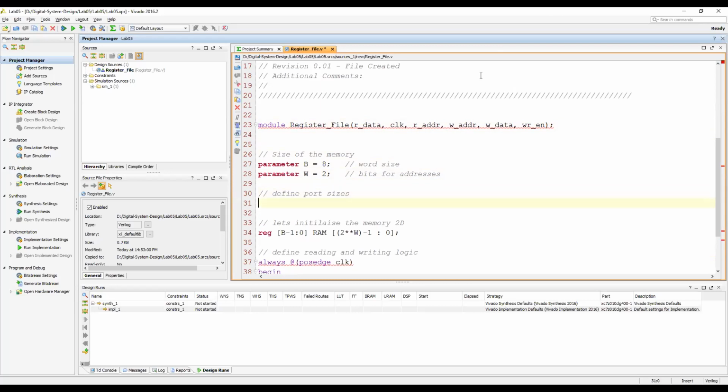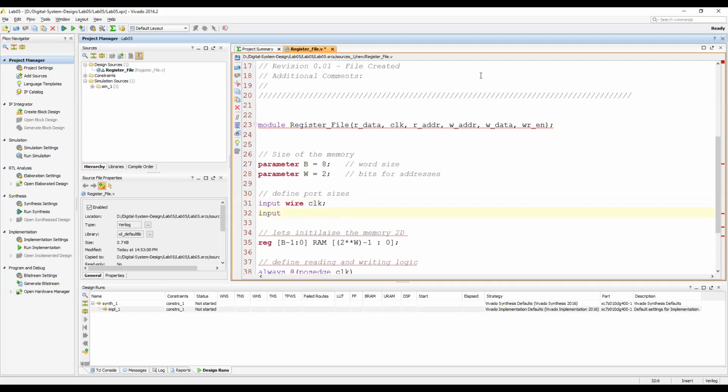So what are the ports? First of all, input wire clock, input, and input W. So the addresses are basically W minus 1 down to 0.